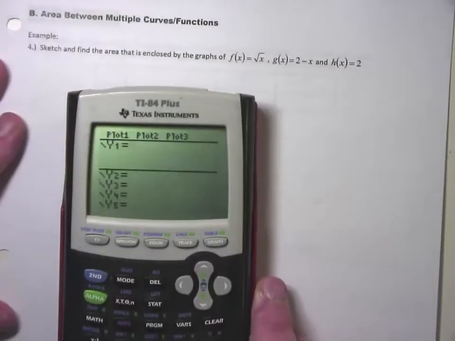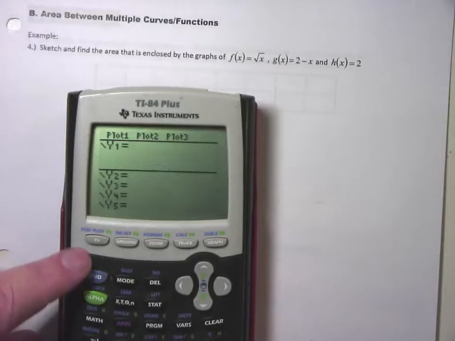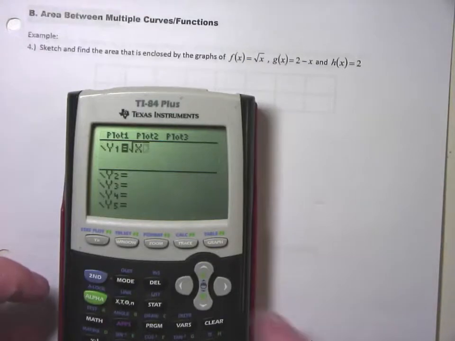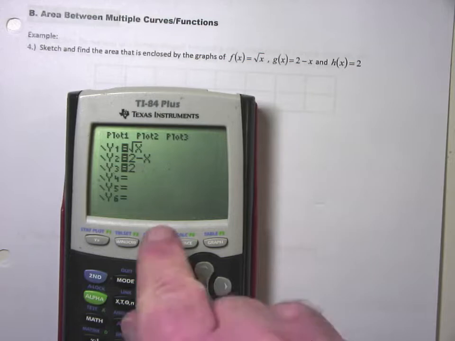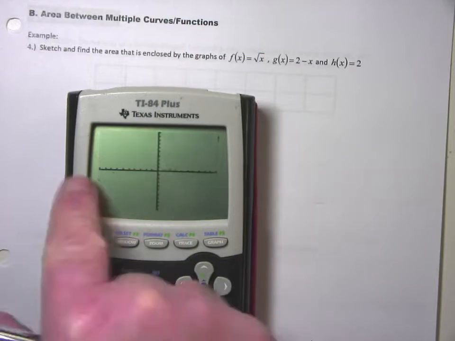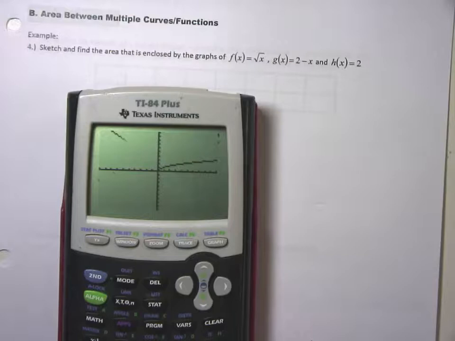So I was given f of x equals the square root of x, g of x is 2 minus x, and h of x is 2. So I'm graphing 3 different functions. And I'm going to do a zoom 6, negative 10 by 10, negative 10 by 10 screen. Now,